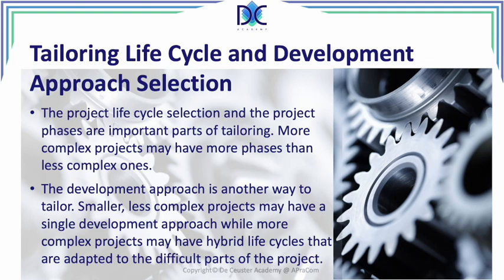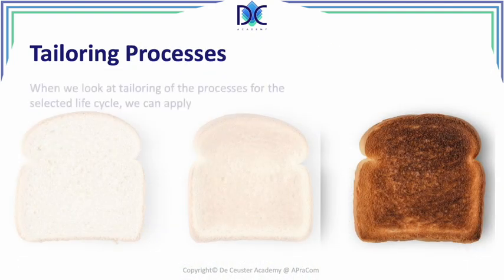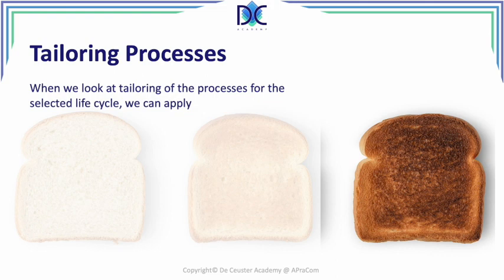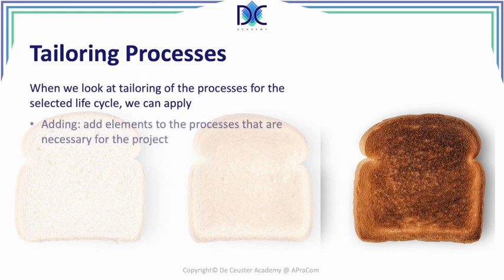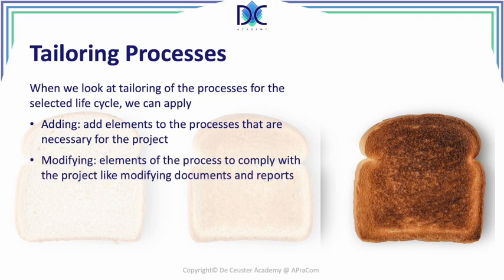Now, when we look at the processes and tailoring, we can apply adding elements. We can add things to the processes that are, in our specific case, necessary for the project. We may find out that the process that we have described as a standard project is not sufficient. We may modify certain elements. We can look at modification of documents and reports. We may take certain items out of these documents and reports, which are not, in fact, important for the